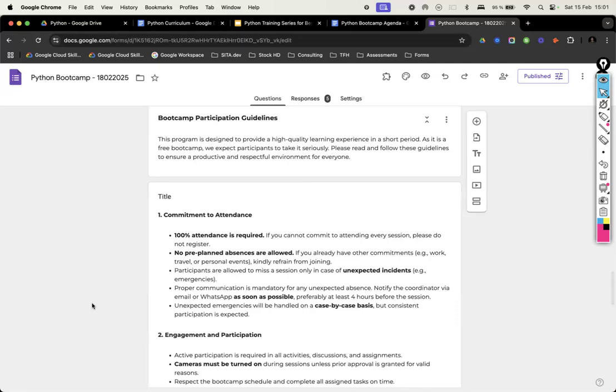That's why only join if you can attend 100%. Starting from Tuesday for the next 5 weeks, Monday to Thursday at 3 p.m. CET. That is the time for you to join the sessions. So if you think you can't make it 3 to 4 p.m. every weekday, Monday to Thursday, except Friday, if you can't make it, then please don't register, please don't join.